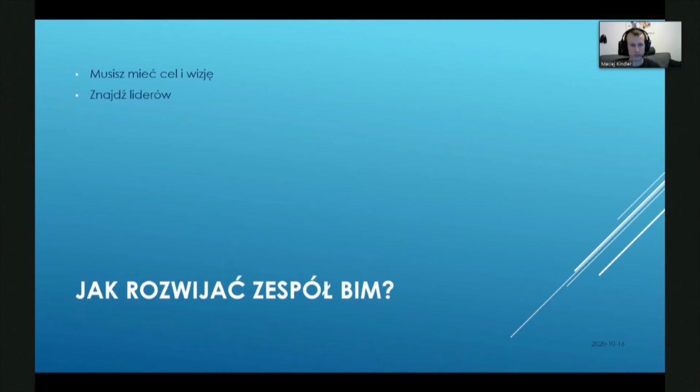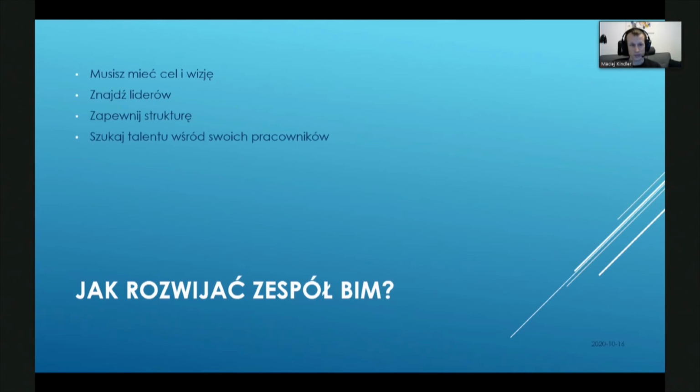Among them, you must find leaders. Absolutely. I'm not talking of a BIM manager or BIM directors or a person who will be managing that team. I'm also talking of leaders for individual sectors. BIM is a very broad topic now. There is not a single person who can cover all its aspects at a sufficient level. Each BIM manager or BIM coordinator has an area they specialize in, and in those areas you must create leaders. And it's also necessary to provide structure, because it is such a differentiated environment, such a variety. There must be a structure defined which will allow people appropriate communication, understanding their duties, and